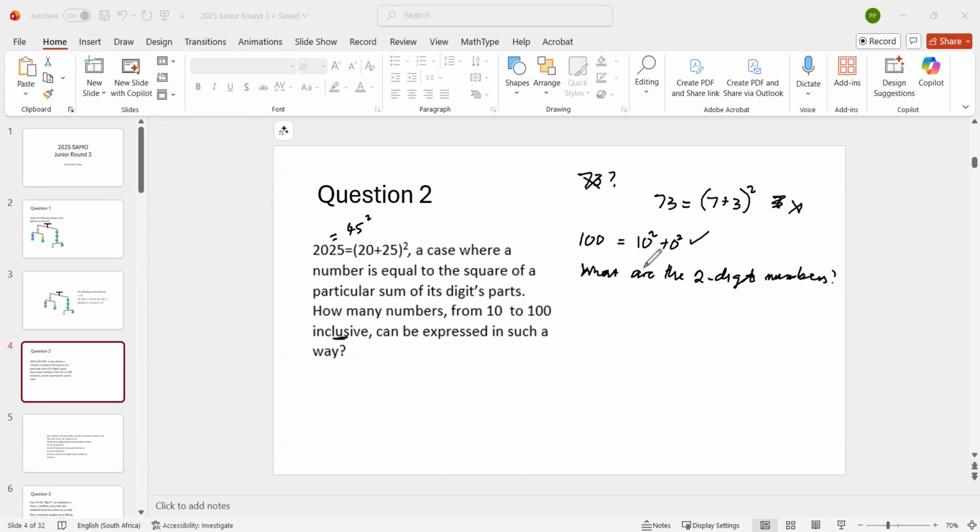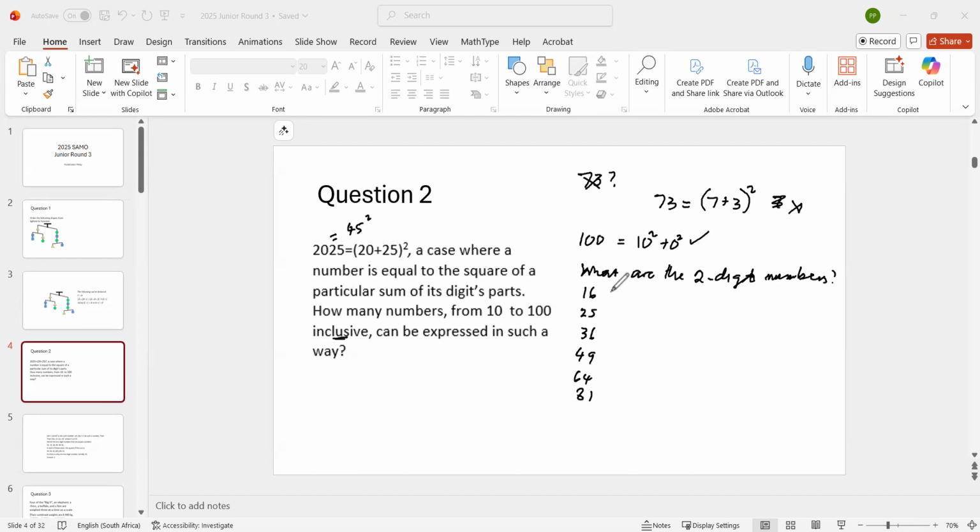Okay, so we have to look at all the squares and see which ones work. So the first 2-digit square is 3 squared, 4 squared. 3 squared is 9. 4 squared, 5 squared, 6 squared, 7 squared, 8 squared, 9 squared, and that's it. After that, you got 3 digits. Now here,